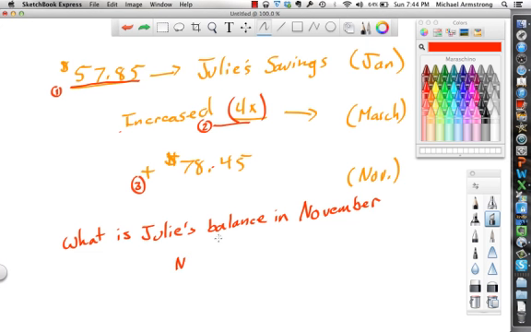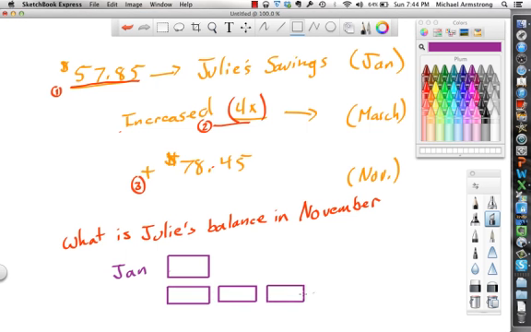Let's change our colors here. You have January, and you have sort of a box. You have a number that you start with. Okay, and then by March, you have 4 times as much, so that would be 4 of these boxes. And you've got to fill them in, and that's for March. By March, and then by November,